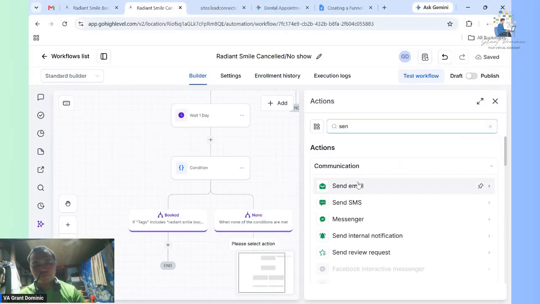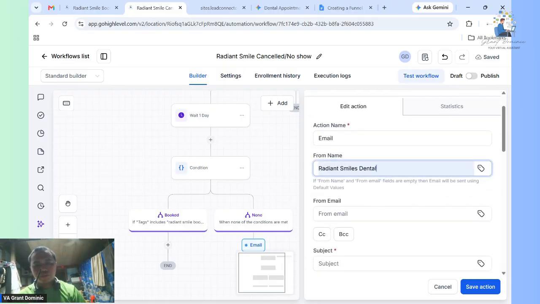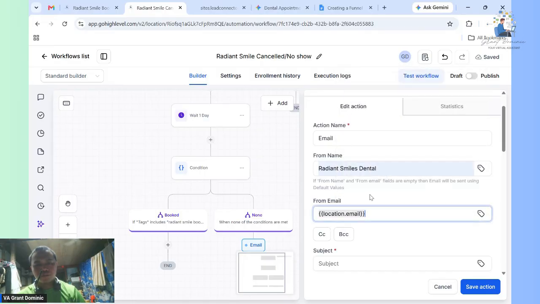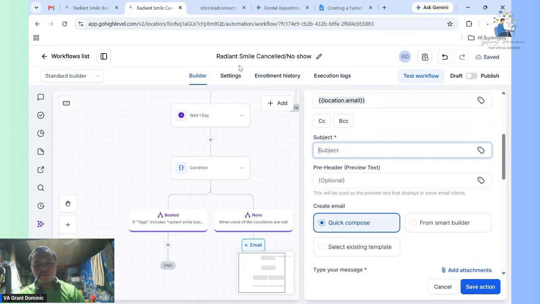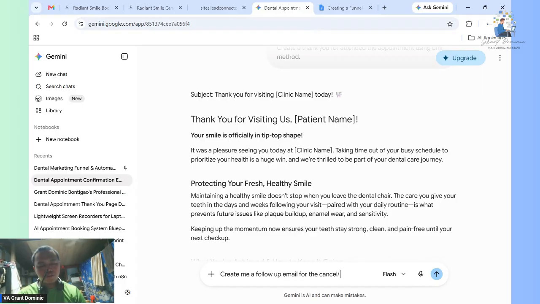So send an email from Radiant Smile account, email subject. So I'm gonna create a follow-up email for the cancel no show.